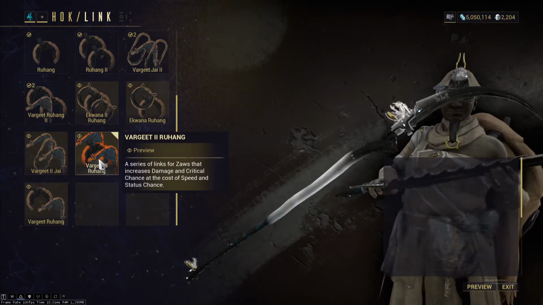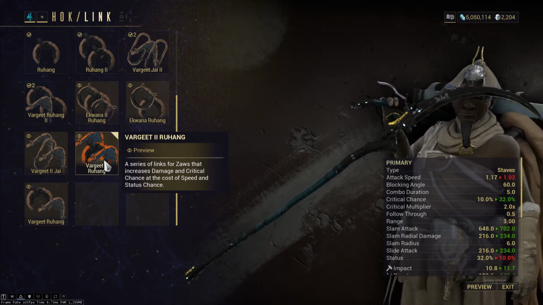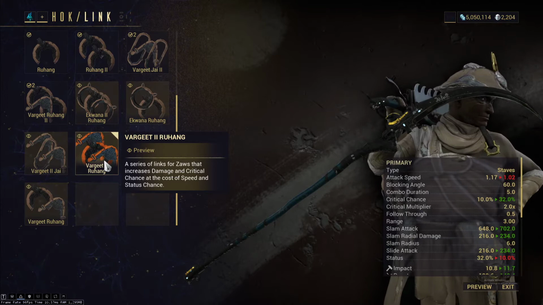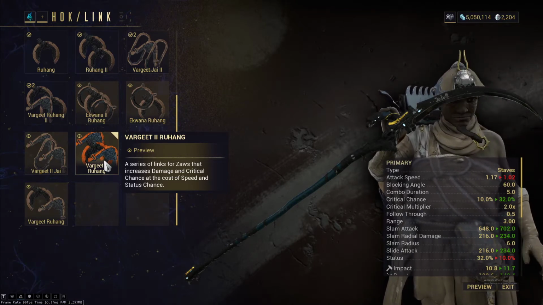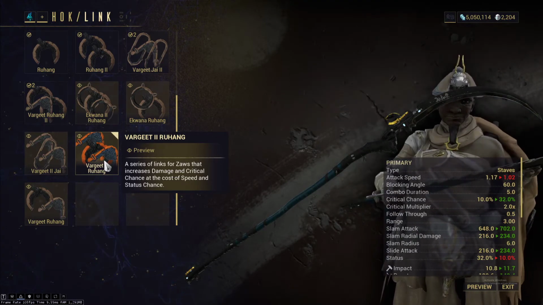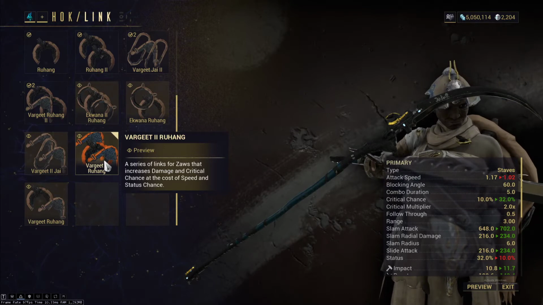Now, Berserker is a thing. It'll make you go extremely fast. And there is a solid argument to be made if you're going to be running any kind of Warframe buff. Because if you run into a Warframe buff, you kind of want a slower crit Zaw, so when Berserker spools up, you're not doing crazy things. Because there does seem to be an animation cap,